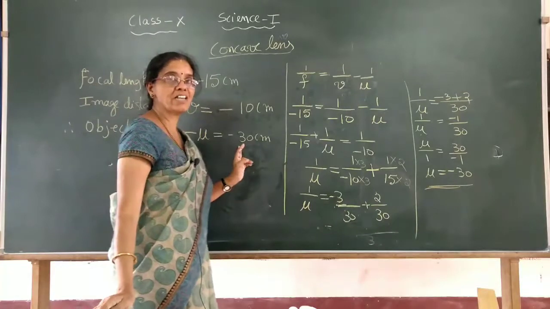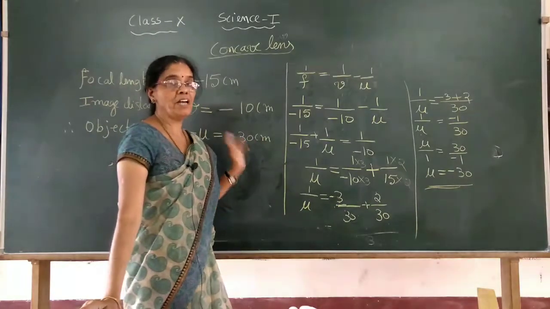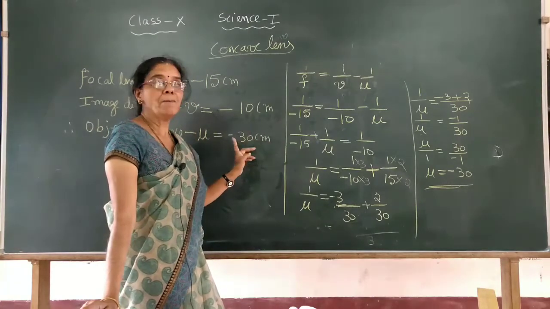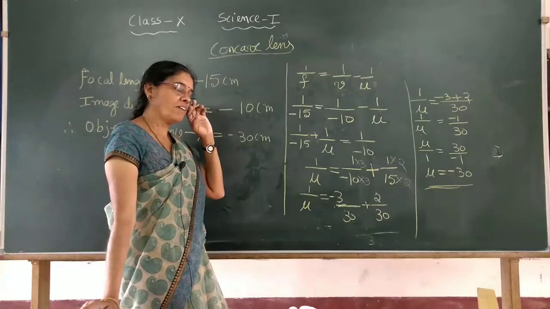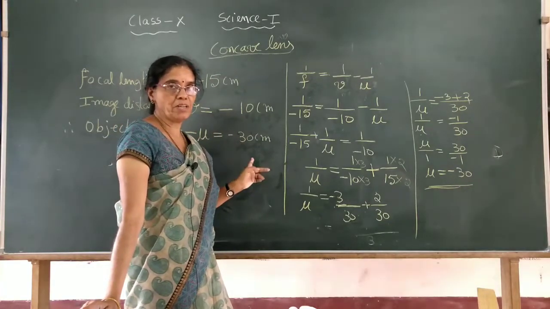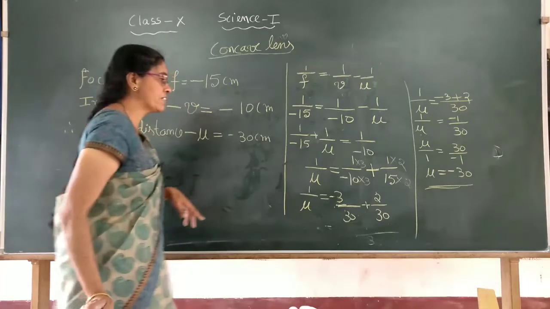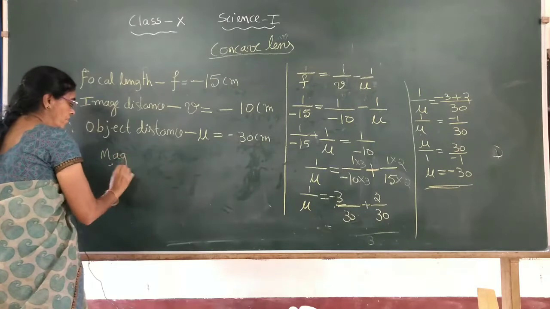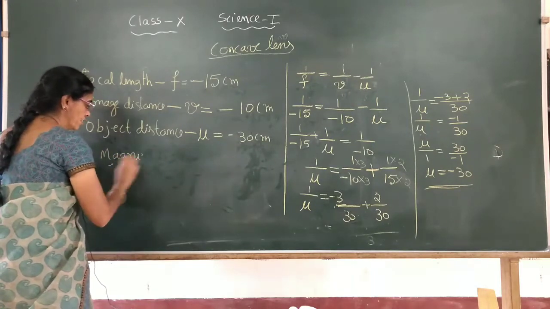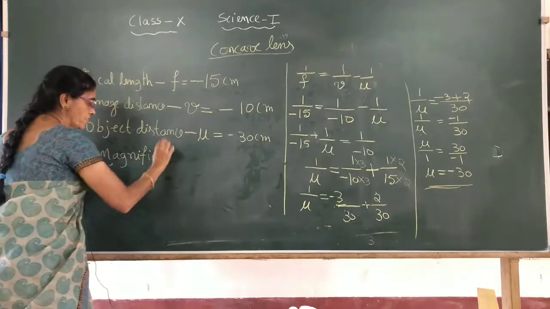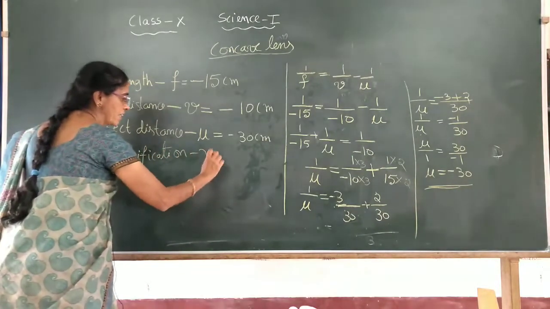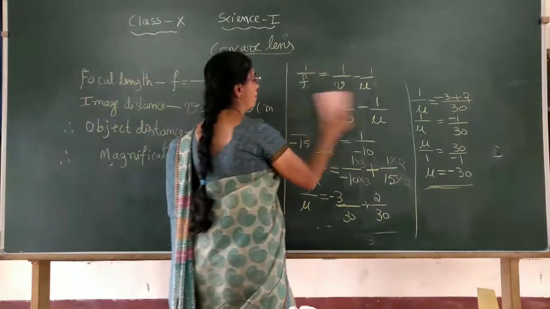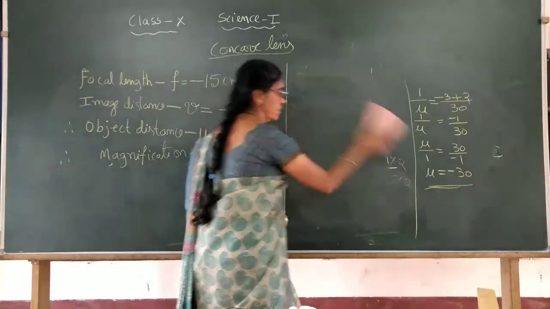Now what does this minus sign indicate? The minus sign is nothing but we have to keep the object always on the left side, and its value is minus, we have to take. That is the reason always the U value we will get is a negative number in any problem. Now one more step is there. What is the magnification? Therefore magnification of the image. So the magnification symbol is a small letter m is equal to how much? I will rub it, I need the place.